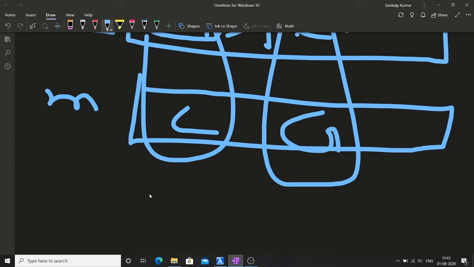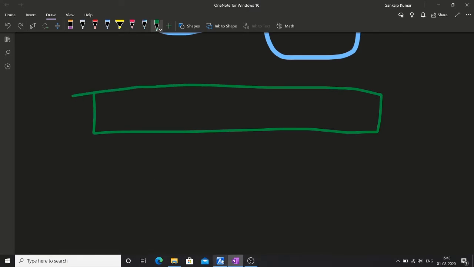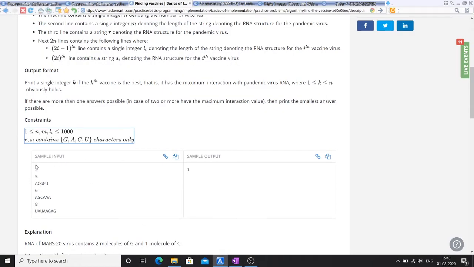This was an easy question. What you might have got wrong is making the pairs. If you have read this test case and studied it, you might have got it.